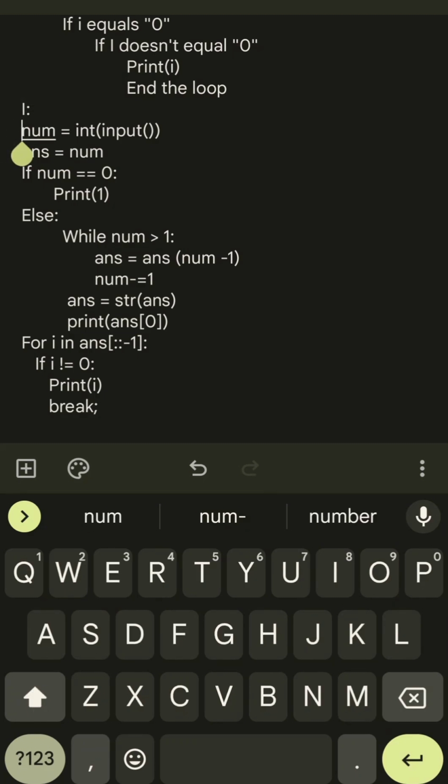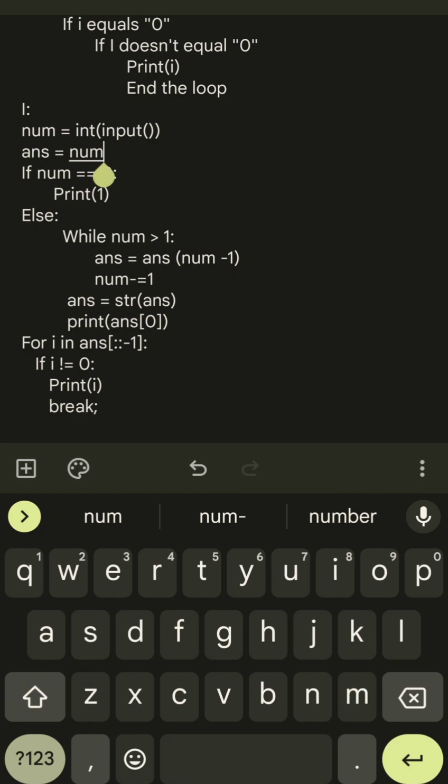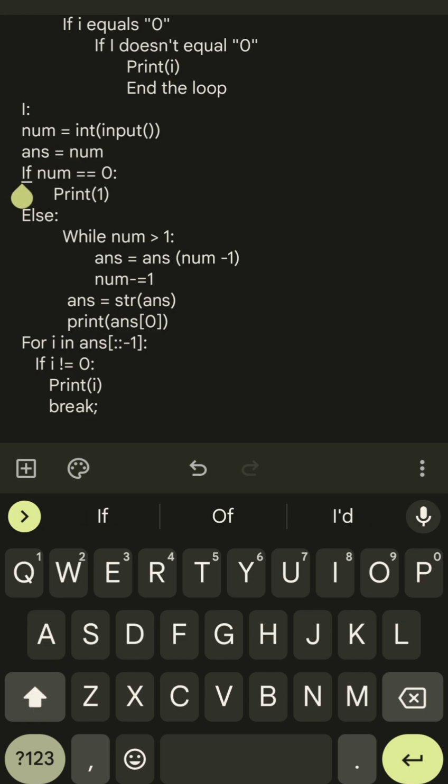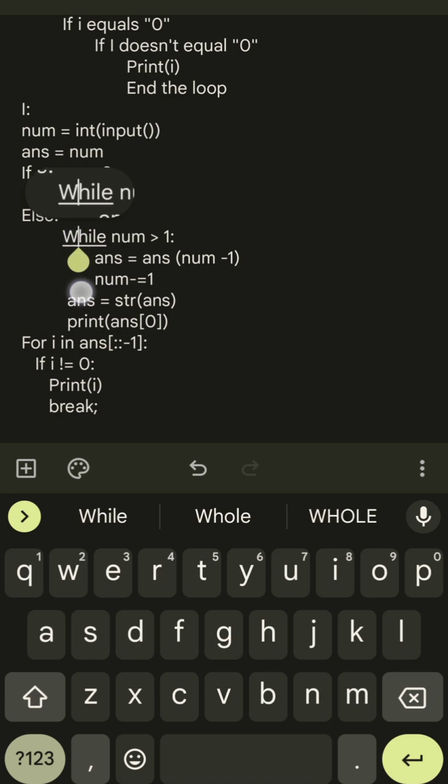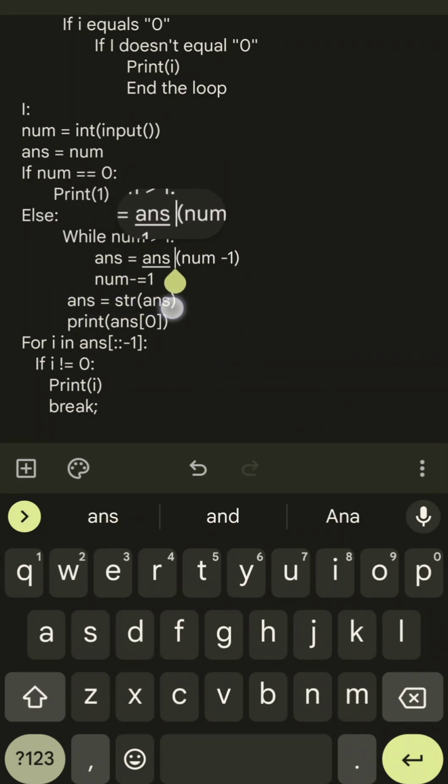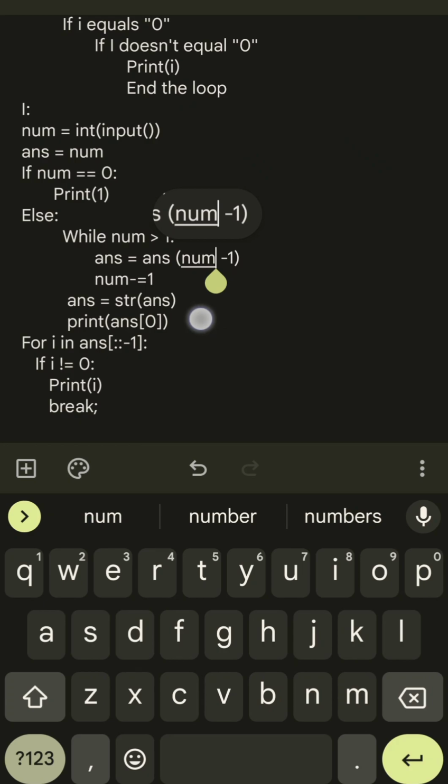So again, number is going to be the integer we take. We declare a second variable, ans, equal to num. So we have our two n's. And then here's where we go through our first condition. If num is equal to 0, then we're going to print out 1. That's our factorial of 1. Else, and this is where the second part of this algorithm goes, while num is greater than 1, all we have to do is set our answer equal to answer times n minus 1. And then we're going to go ahead and